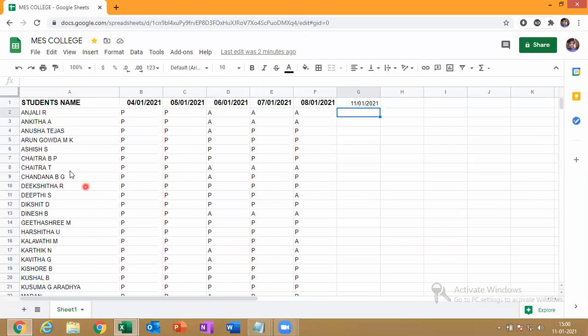Ankit, I'll tell you. Okay, which was yours? Attendance: Ankit, present, sir. Anjali R, present, sir. Anisha Tejas, present, sir. Arun Gowda, present, sir. Ashish, yes.